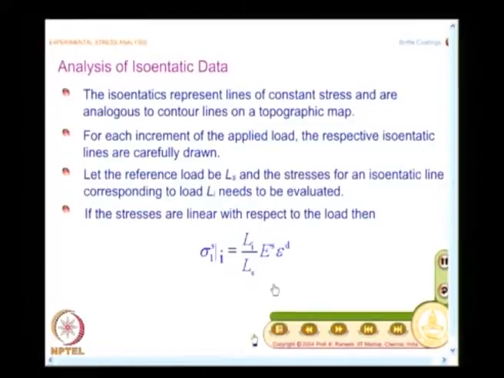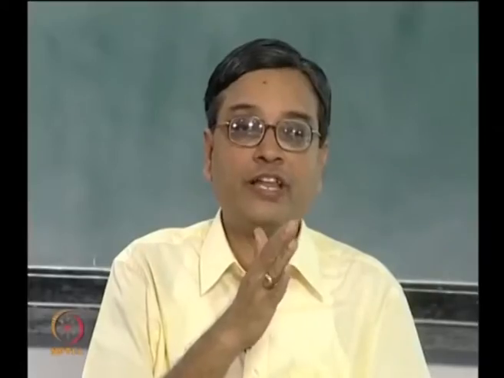And I mentioned even when you do a very careful experimentation, epsilon d can be determined only with plus or minus 20% accuracy. And here also we are invoking one more approximation. The principal stress value remains approximately constant at the end of the cracks. That is what you join by isoentatic line. So, whatever the estimation of stress that you get is an approximate value, good enough from a solving an industrial problem. That is the way you will have to look at it.